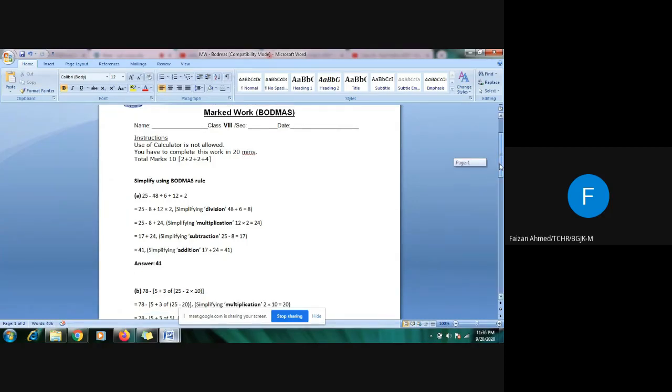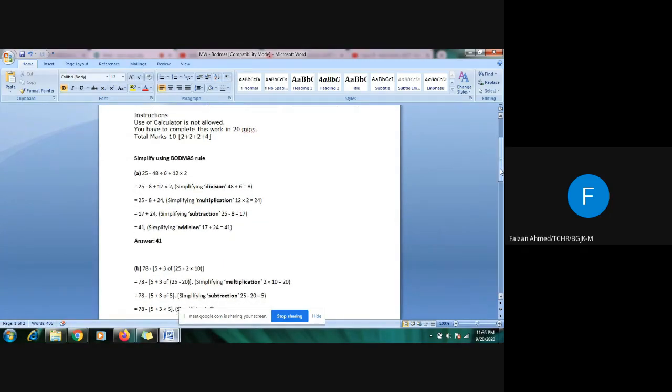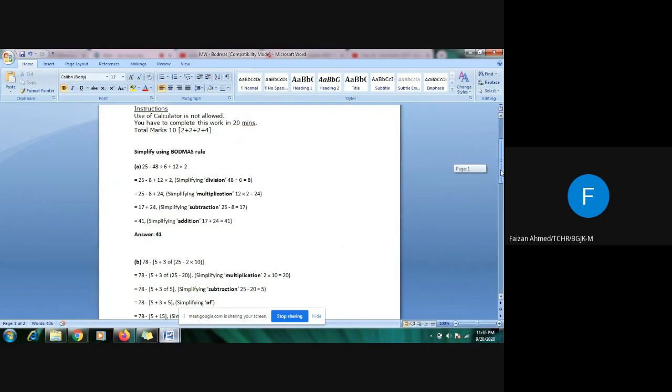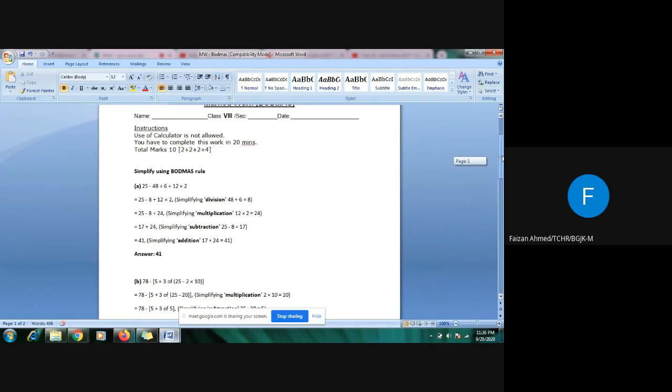This is basically the solution of the questions. Some students were confused, so I thought it would be best for me to make a video on it, so that everyone can see the solution and clear their confusions. This is the four question mark work which we took some weeks before on the topic of Bodmas in grade